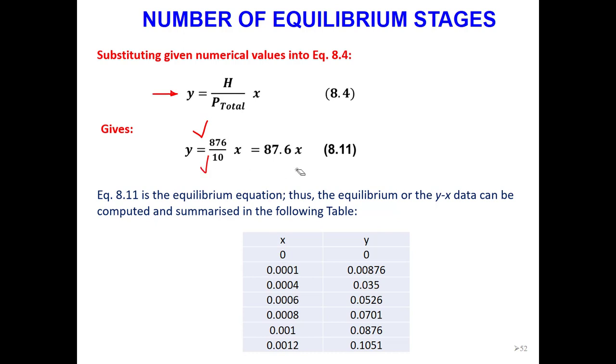Pressure is given as 10. You just put them together, and by this you get the relation between y and x. Once you have the pressure and Henry constant, you have to plot